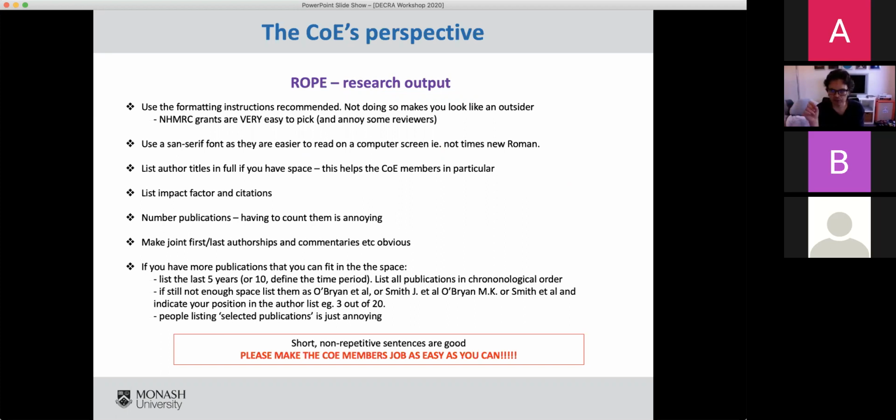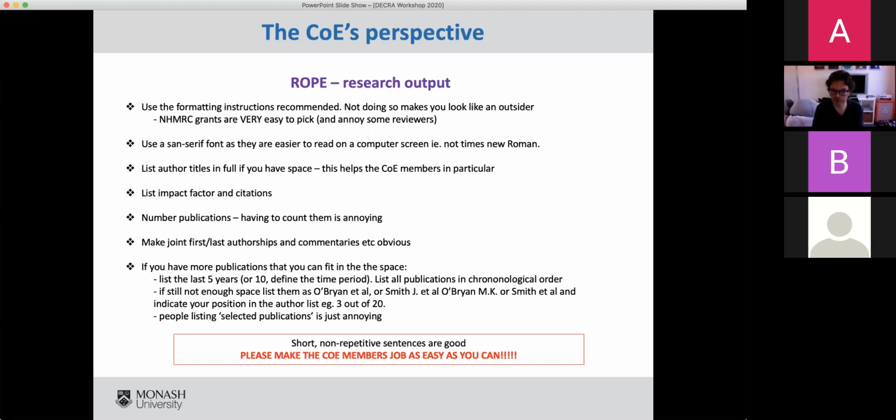So follow the formatting instructions. It seems obvious, but she makes a key point here, which is that if you don't follow the formatting instructions, it makes you look like an outsider. Among fundamental researchers, people who are typically funded by the ARC don't like it when medical researchers come and get ARC money. People who are funded by the NHMRC don't like it when ARC funded researchers come and get their money. So if you have a grant that is submitted to the ARC, but structured like an NHMRC grant, that is just going to irritate reviewers.